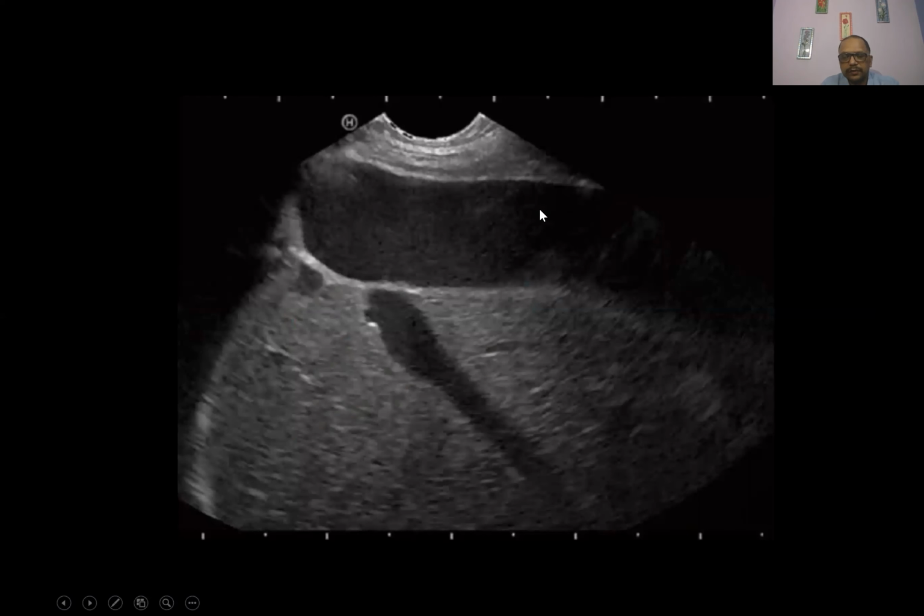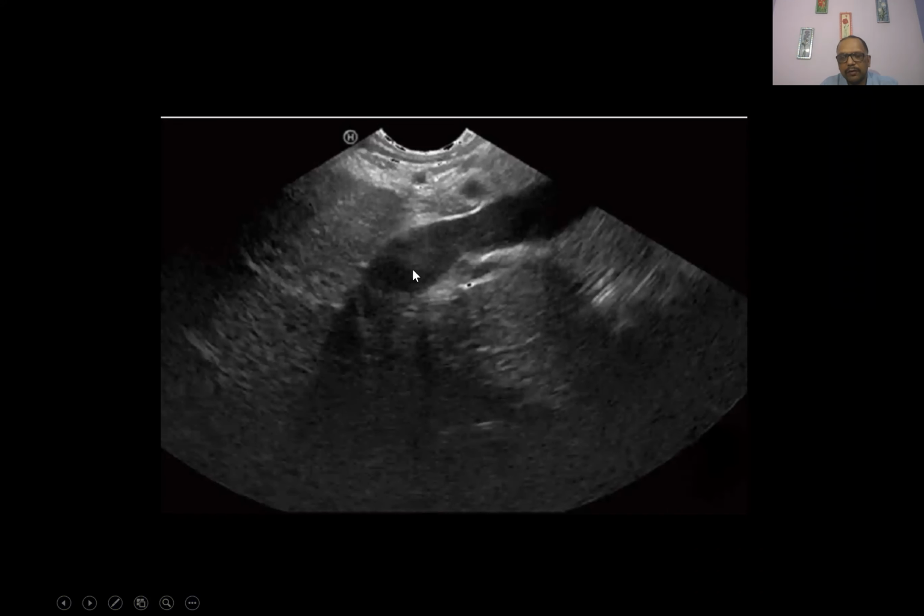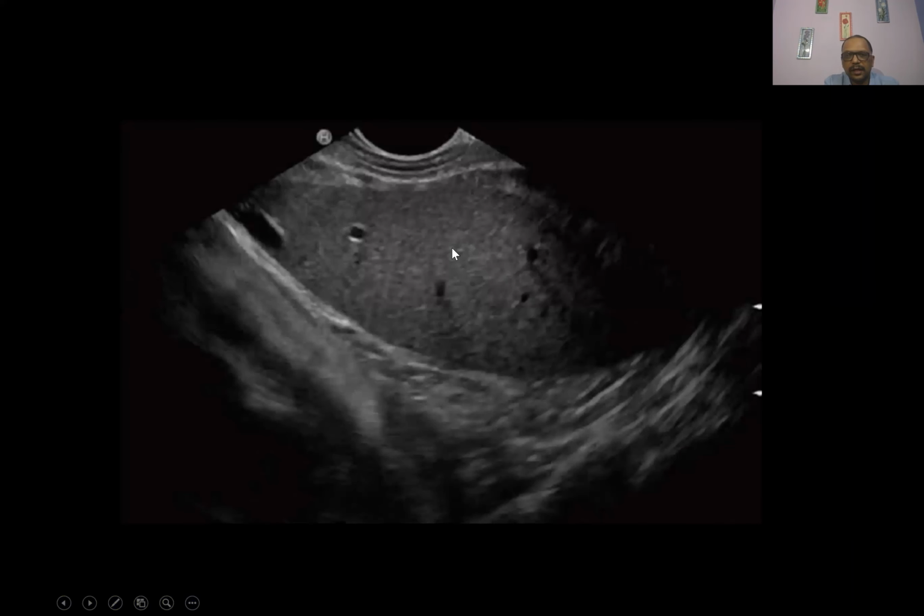Now, what we do is first we go to the GE junction, identify the inferior vena cava, that's the intrahepatic portion of the IVC. Now we turn the scope anti-clockwise, we cross the liver hilum, the porta is there, and then a little more anti-clockwise torque will bring us to the left lobe, which is segment 3 of the liver, and this can be sampled now using an EUS guided approach.